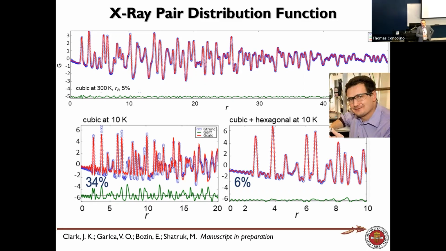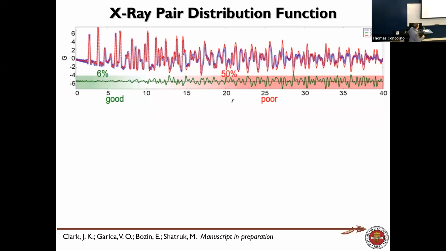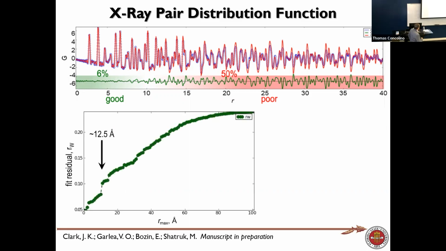But I'm cheating here a little bit, because I'm showing you the agreement factor only to 10 angstrom in this case, 20 angstrom in this case. If you actually look at the larger scale, you see that the higher distances give you really mediocre fits. So there's no fit at all, huge deviations. And we can plot essentially this, the agreement factor as a function of R. And what you see is we have a pretty good fit up to about 10 angstrom,